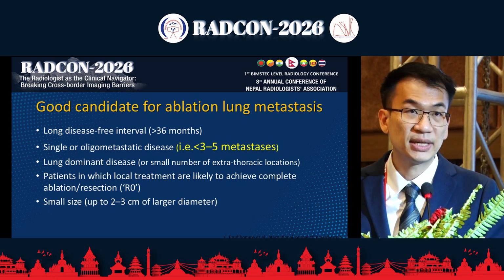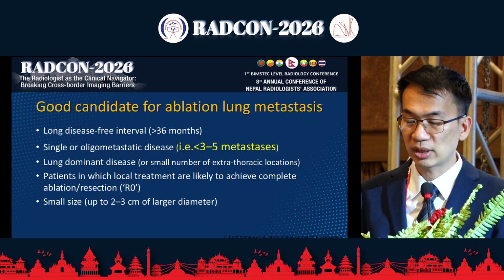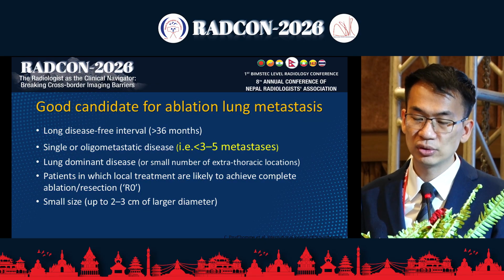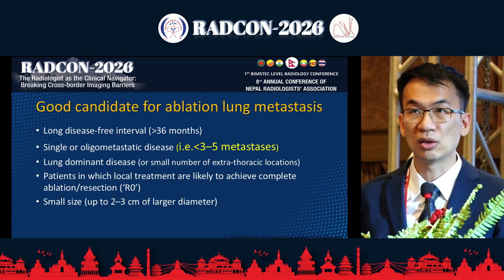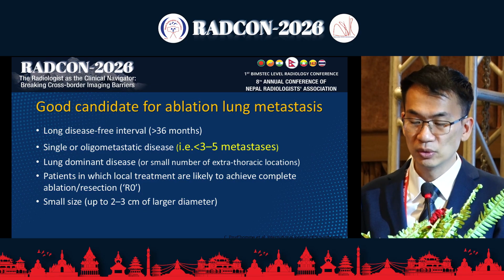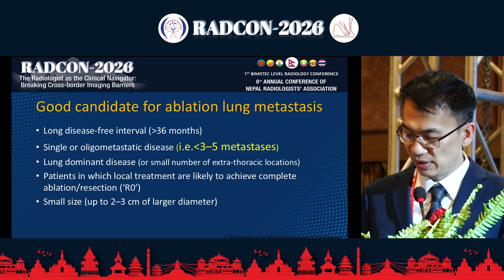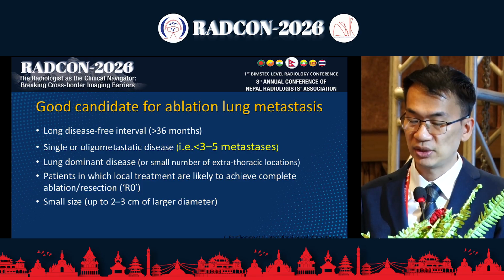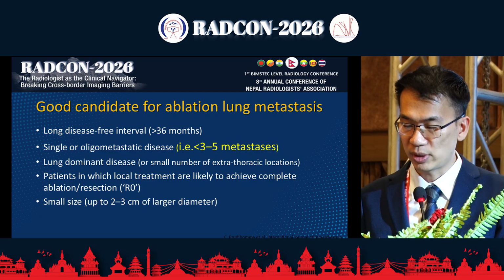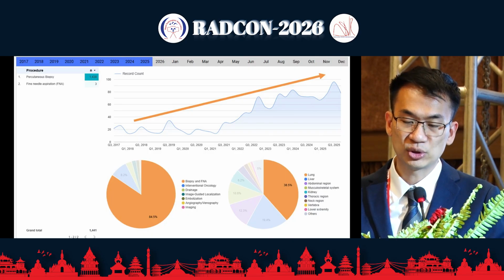For lung metastasis, it's not just about tumor size, tumor location, and tumor number. You have to look at the patient as well. The patient needs to have a long disease-free survival and controlled primary treatment. The tumors can be up to 5 in number, and the tumor size should not be more than 2 centimeters. This is the data from our center from